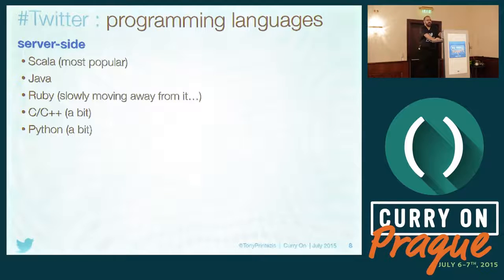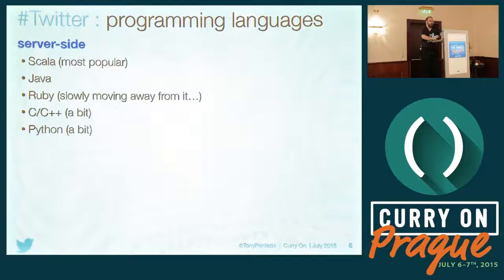There's a little bit of C++ and a little bit of Python. For example, for the Mesos scheduling, when you want to start a JVM somewhere, you need to tell Mesos what parameters to pass to the JVM, and all that is scripted in Python. And there are other languages as well. We acquired a fair number of companies, and each company had some legacy code in, I don't know, Clojure or something like this.